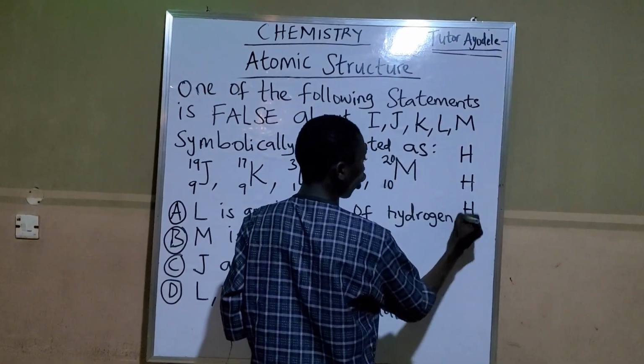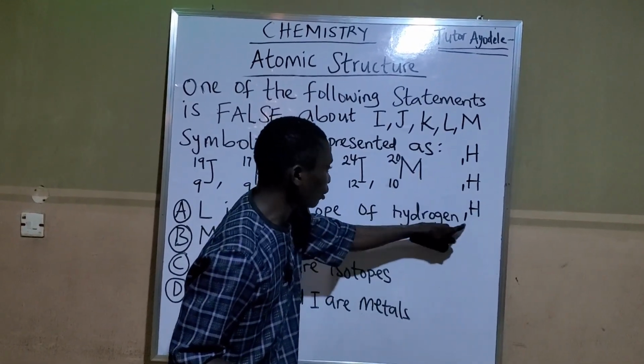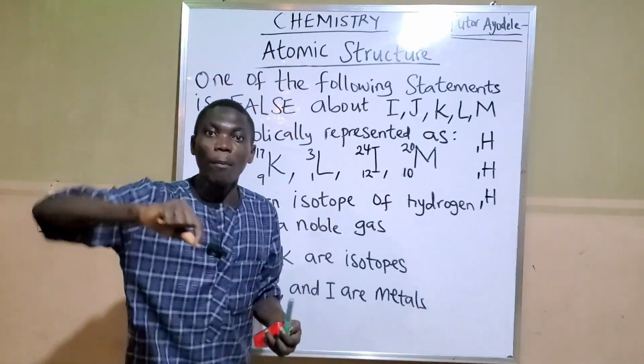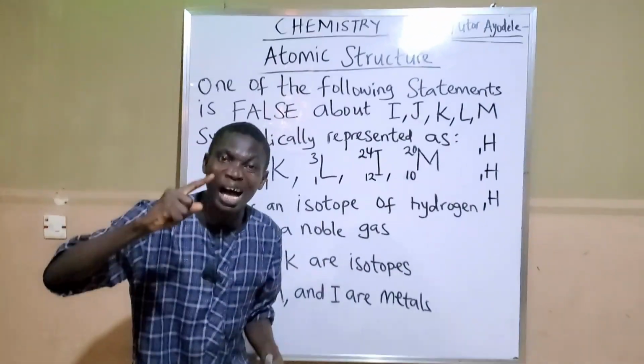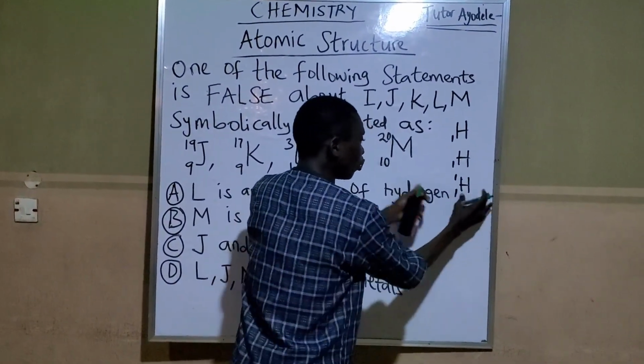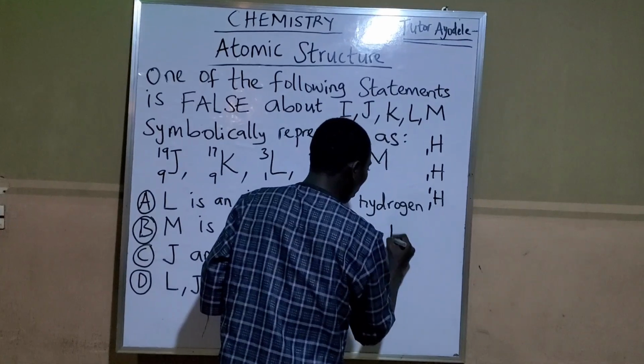They have the same atomic number. We said in isotope, they have the same atomic number, but different mass number. So the first one has a mass number of 1, which we normally know as our hydrogen. Another name for this one is called